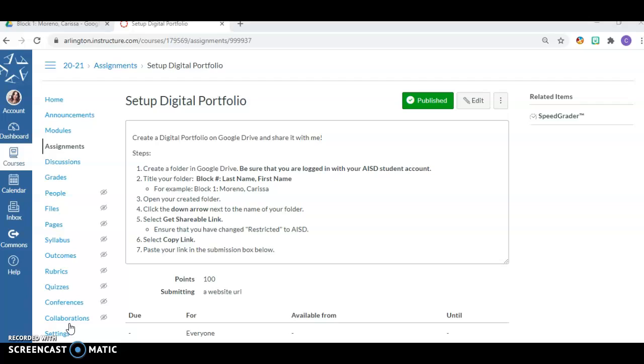These portfolios are going to be a place for you to hold your work, hold anything that I want you guys to upload into there, as well as our essays. It's really important that we have these digital portfolios set up so that we have a place to store all